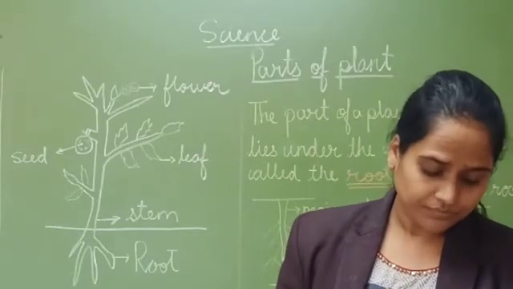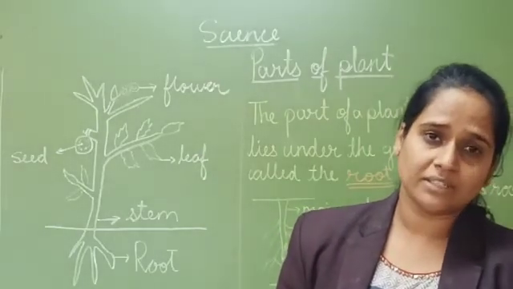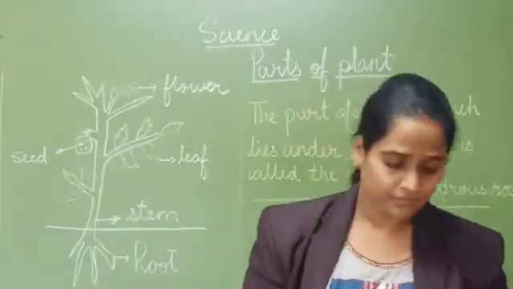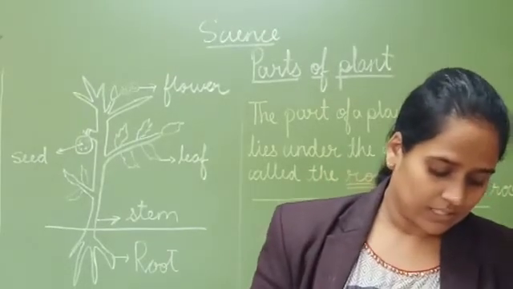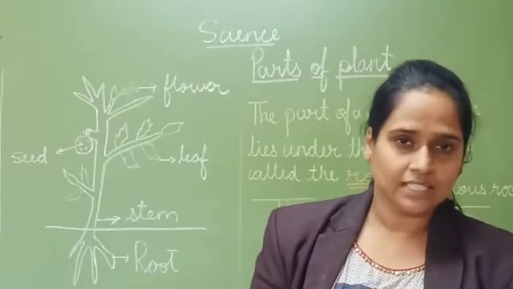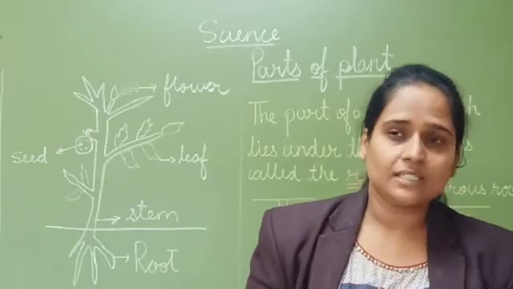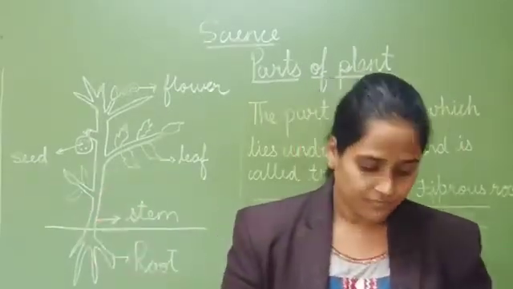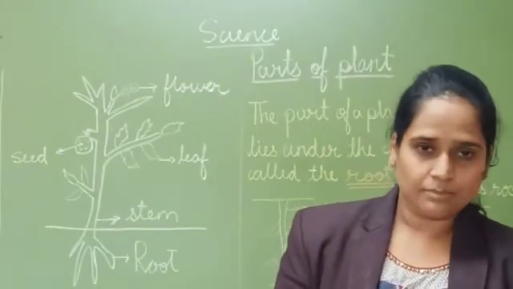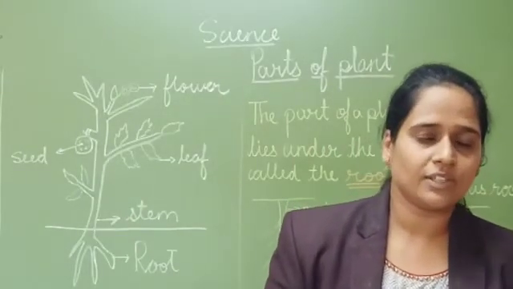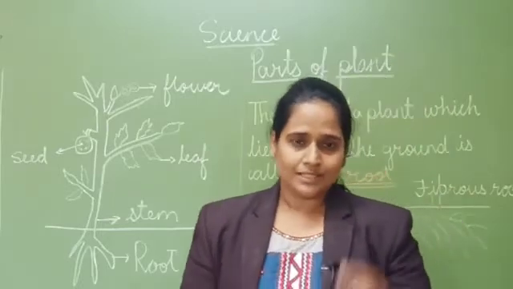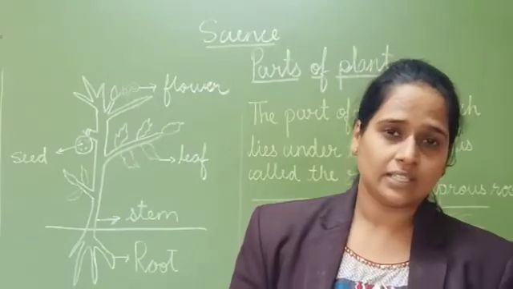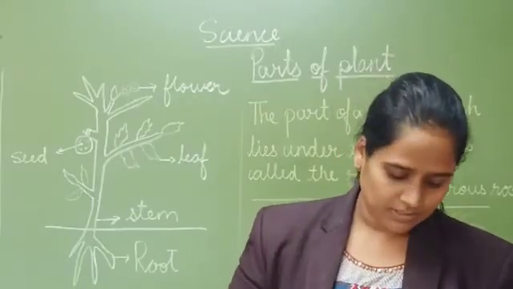How does the stem help? It carries water and minerals from the root to all the parts of the plant. Stems of the trees are strong and thick. When it comes to tree, it means a big stem. When we are talking about shrubs, for example you have seen the rose plant, its stems are small. And herbs like coriander have a thin stem.